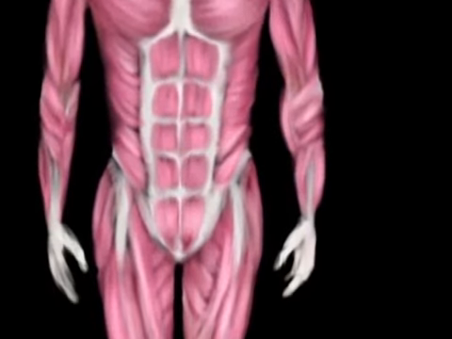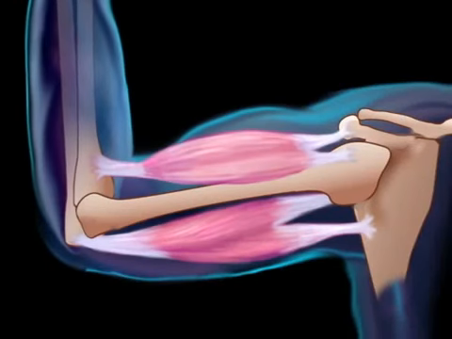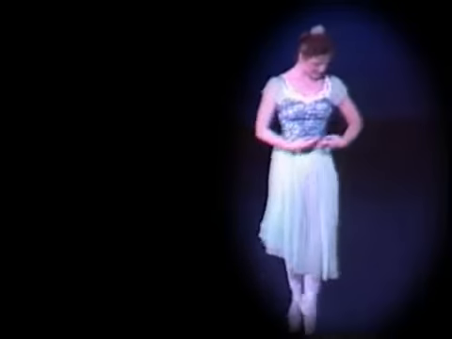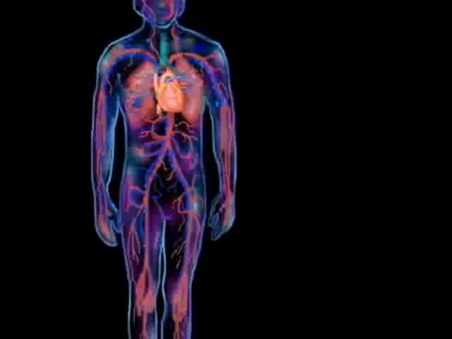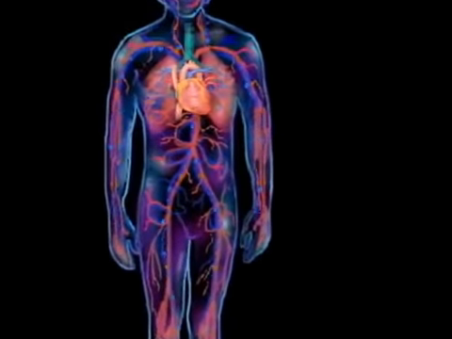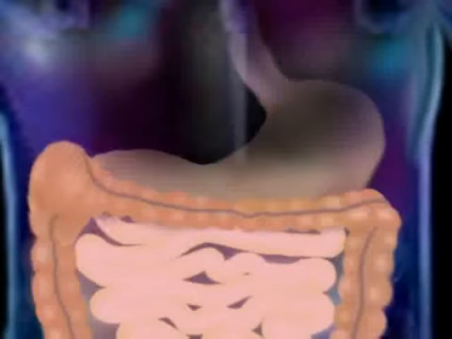Found everywhere throughout the body, muscles are tough, elastic tissues that contract to make our body parts move. We use muscles to walk, jump, throw a ball, or even blink an eyelid. Muscles in our chest make breathing possible. Muscles in our heart pump our blood throughout our circulatory system, and muscles in our stomach and intestines move food